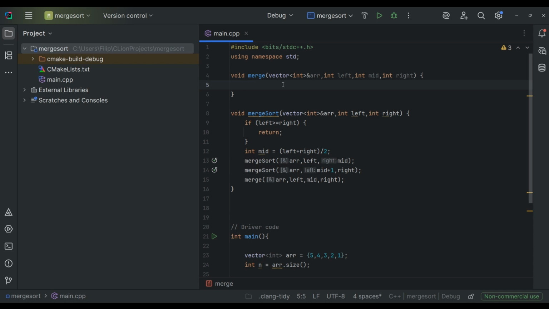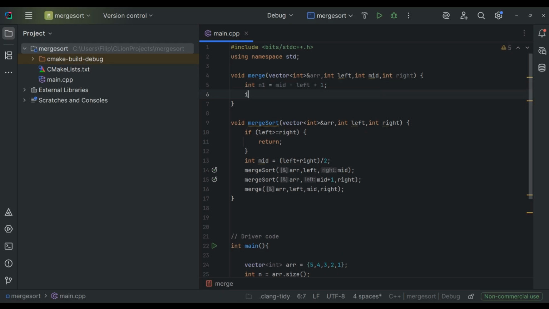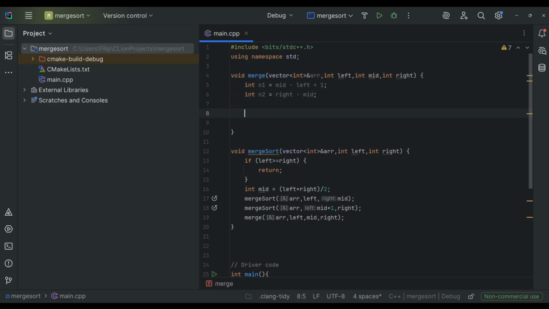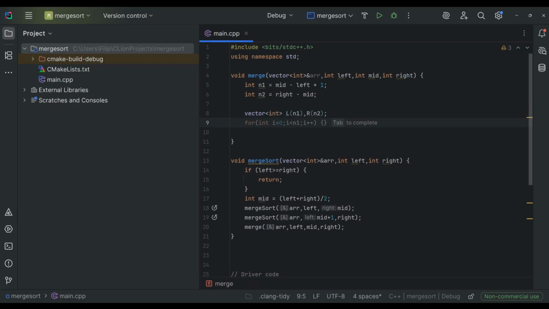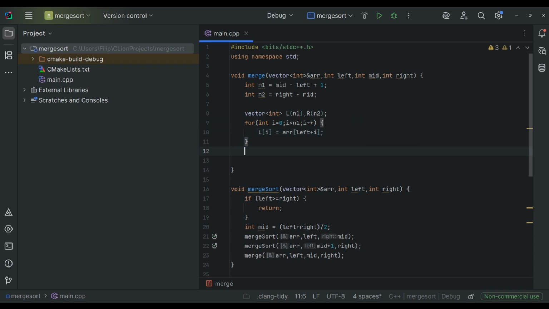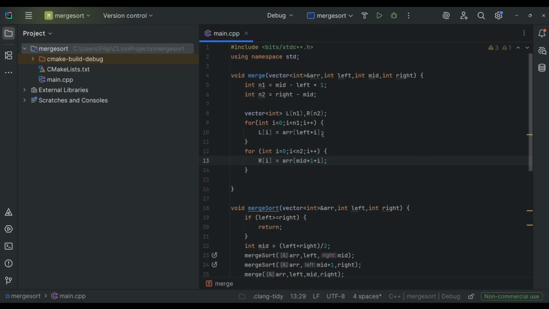is a little bit complicated. We make two sizes that just tell us how many elements are there in every array. Two temporary vectors, the left and the right ones. We have to copy the data from every element,